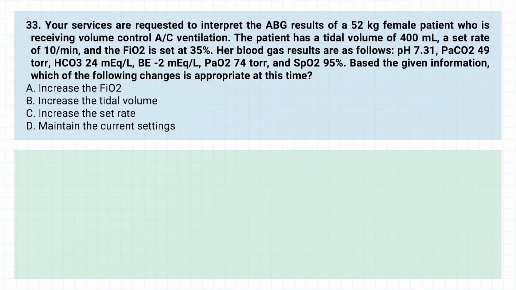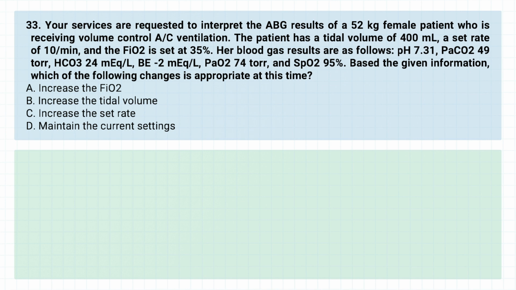Number 33. Your services are requested to interpret the ABG results of a 52 kilogram female patient who is receiving volume control, assist control ventilation. The patient has a tidal volume of 400 milliliters, a set rate of 10 breaths per minute, and the FiO₂ is set at 35%. Her blood gas results are as follows: a pH of 7.31, a PaCO₂ of 49, a bicarb of 24, a base excess of -2, a PaO₂ of 74, and an